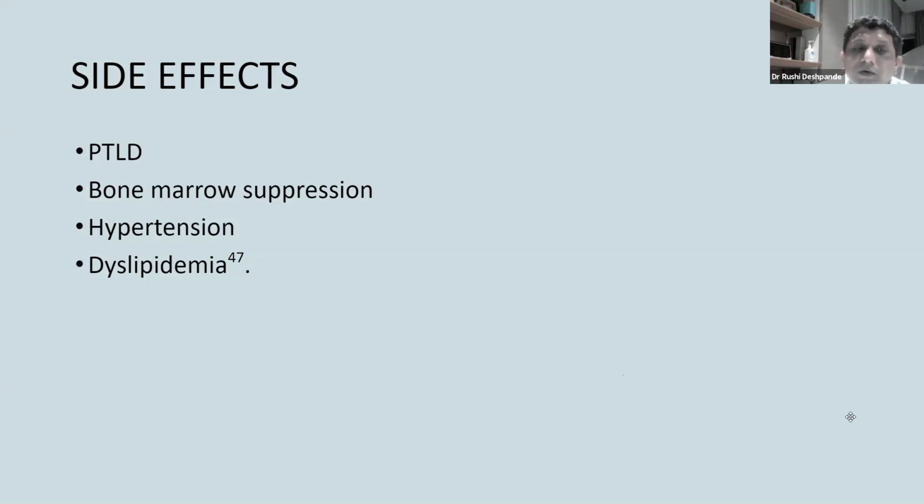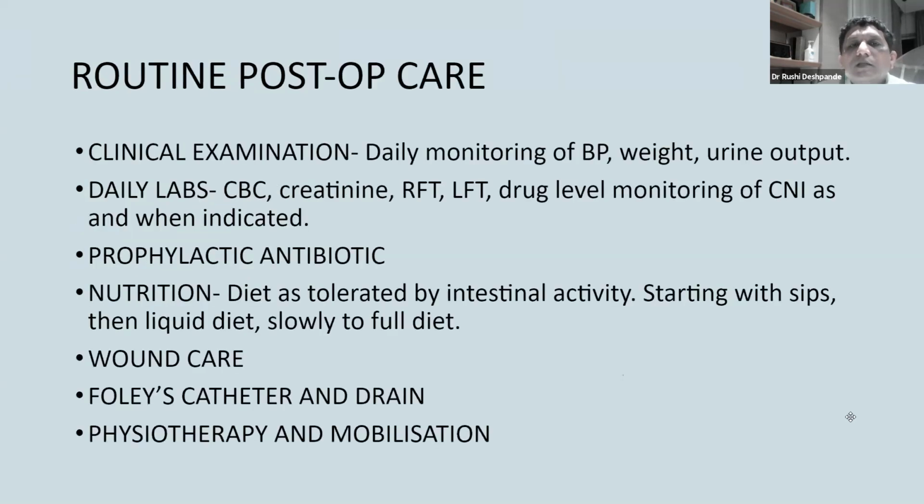And the last drug is steroid, which should be used in the lowest dose possible to decrease the incidence of side effects. Newer concepts, co-stimulatory blockade, which we went through. Okay, so these are all the drugs that we commonly use in transplant. The last part is now how to look after the patient in the early post-transplant period and how to manage the problems.